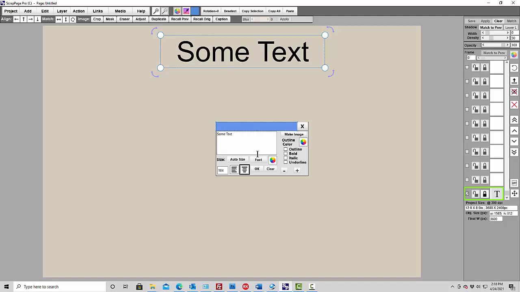So anyway, the bottom line of all this is that text is sized by either hitting this auto size or by putting a number into this box here, or over here you can see I have these little plus and minuses. Now these are kind of interesting little guys, because just by continuing to click this thing, it's going to take it down one step at a time. So it's going from 94 to 93 to 92, right? And back up the other way if you want to do that. Now that comes in real handy when you have a lot of text. Okay, so